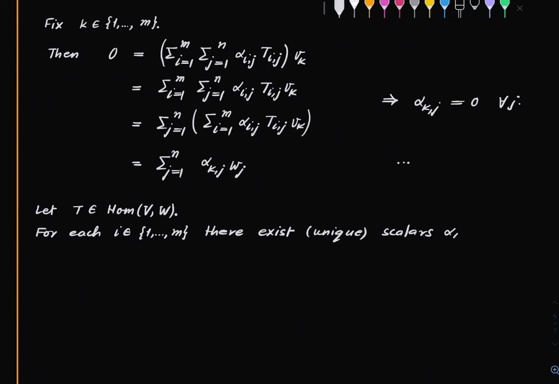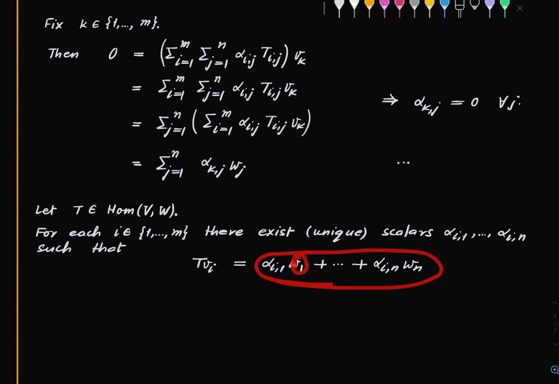Alpha I1 up to alpha In, such that T v_i is this linear combination. This is simply because this is a vector in the space W, and hence one can write it uniquely as a linear combination of W1 up to Wn. So we have that, and now as an exercise you can just check